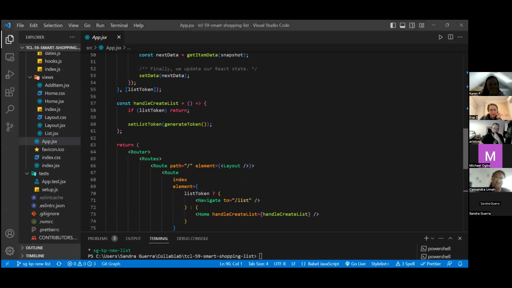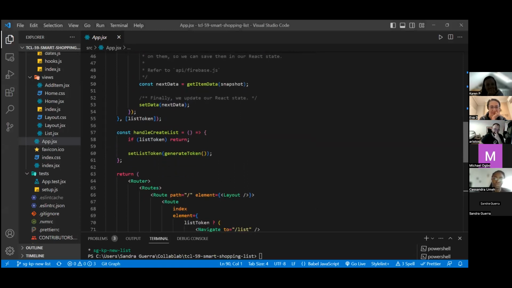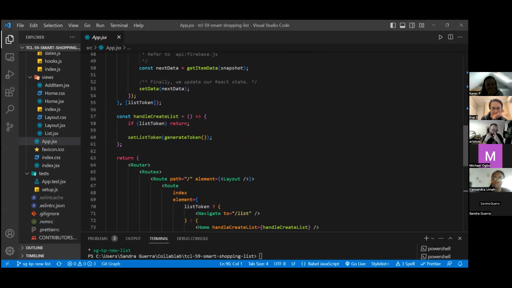Okay, so what we have done here is we created a constant declaration of a function called handle create list. This if statement checks if the list token has a true value. If it does, the function returns without doing anything else.